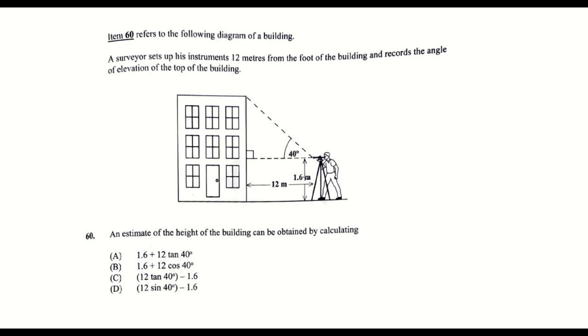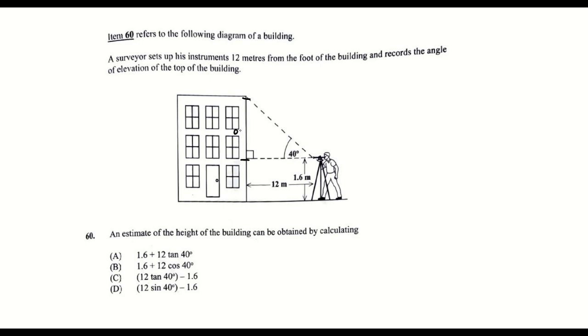So this is 12 meters from the foot of the building, and records the angle of elevation at the top of the building. An estimate of the height of the building can be obtained by doing what? Now we say that this is 1.6 meters. So you're going to be adding that 1.6 plus the length of this. Okay? So first off,